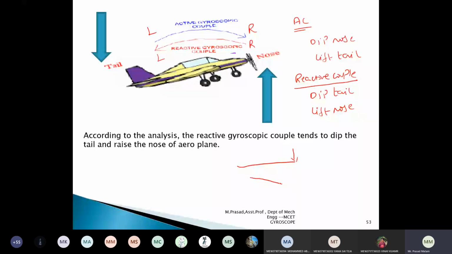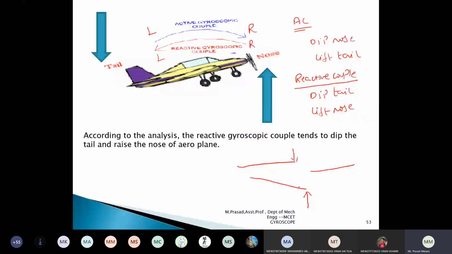To maintain equilibrium, what do I have to do? I have to put one more load exactly opposite to this one. It tries to move downwards. What do I need to do? I put one more load exactly opposite to this one. Then only this is in equilibrium, exactly in the horizontal line. If I am having a load like this, what will happen? It tries to move downwards. To maintain equilibrium, I am putting one more force exactly opposite to the downward force, so that it is in equilibrium.